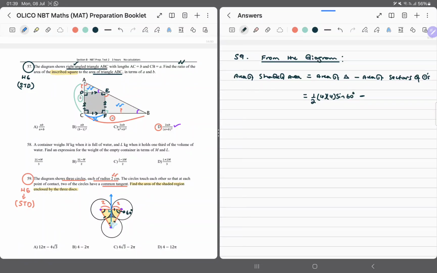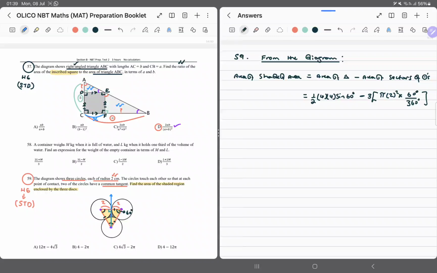Now these sectors, they are all equal areas, so there are 3 of them, 1, 2, 3. So this is going to be 3 times pi. Now r, the good thing is that we know the radius is 2. So this is basically pi into 2 squared times, now this is 60 degrees. So we're going to multiply this by 60 degrees over 360 degrees, because that is how we get exactly the